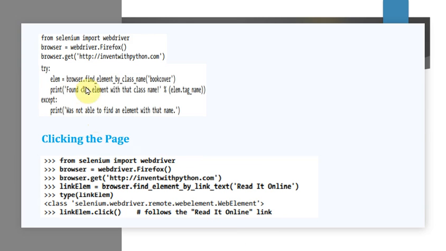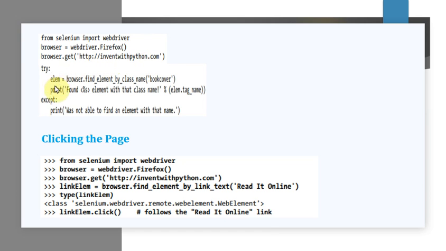So we'll see with an example here. So from Selenium import WebDriver. That is, whenever you're using the Selenium module, you have to write it this way. You cannot write simply import Selenium, but instead you should write it as from Selenium import WebDriver. And what you're doing here, you are opening the browser. Which browser? Firefox browser. Okay. So WebDriver.Firefox, that is nothing but you are launching the Firefox browser. Okay. And for the Firefox browser, what is the corresponding URL you're passing? That is inventwithpython.com. Okay.